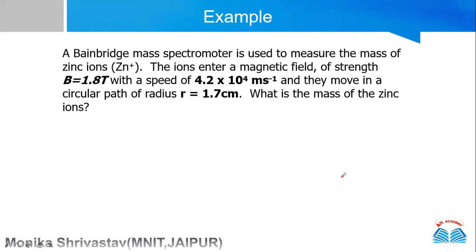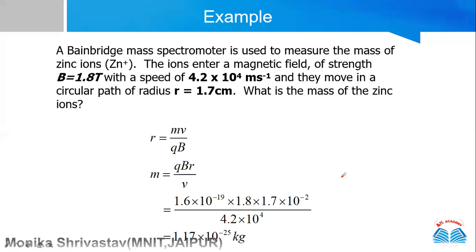So it is quite easy now because we know all the formulas. We know the formula of force, we know the relation between radius and mass for that charge. Obviously we know that it is a zinc ion, positive Zn plus, and when it enters a magnetic field it starts circulating perpendicular to the magnetic field direction. We can use r equals mv over qB and find out. So this is your answer: m equals qBr over v. You can put in the values which are given in this question.